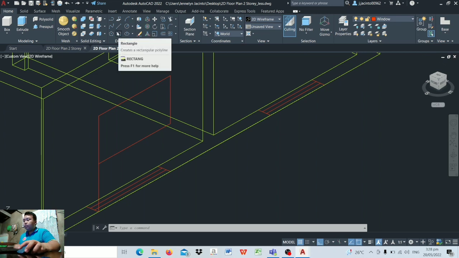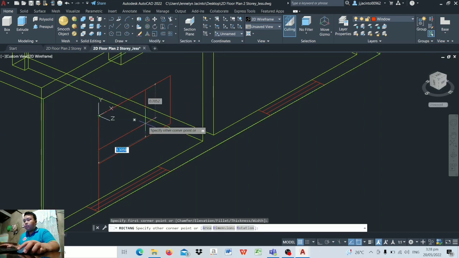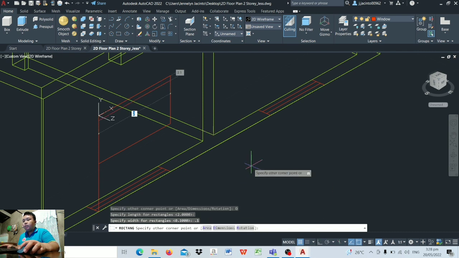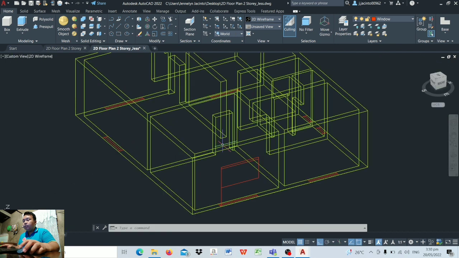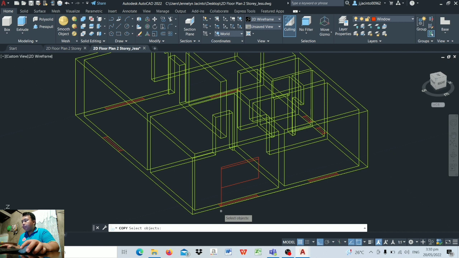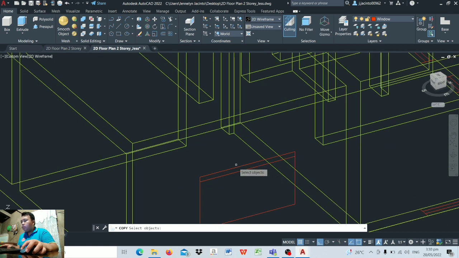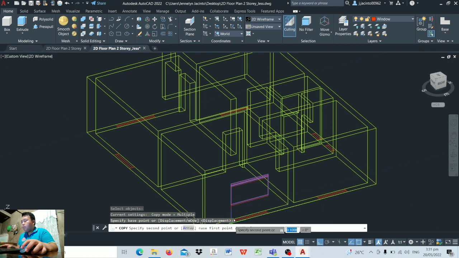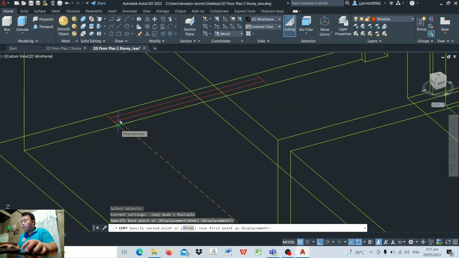So click the rectangle command for the cha-cha, then click the dimensions and specify the measurements that you want, and specify the locations and click. Now we created the skeletal framework, or the 2D framework, of our window. Now we need to copy it and specify the first point and move it onto this part of our window,